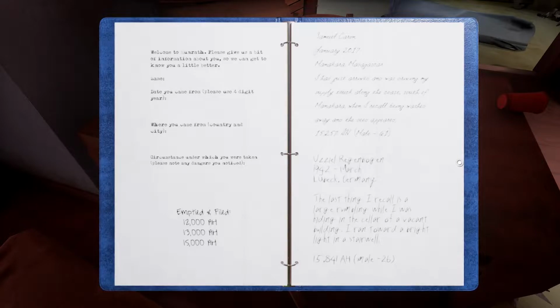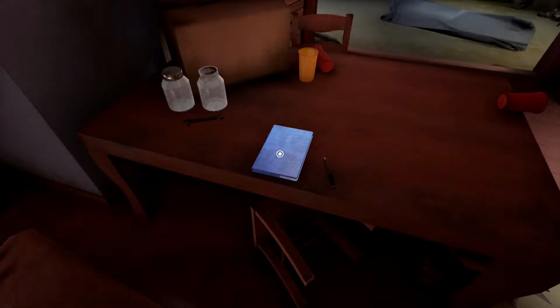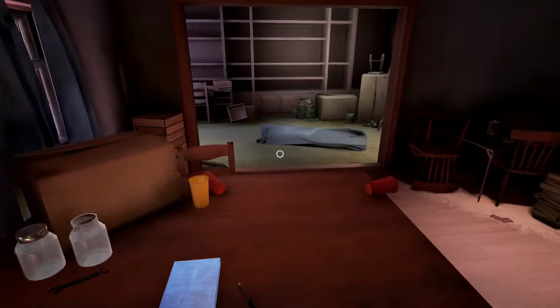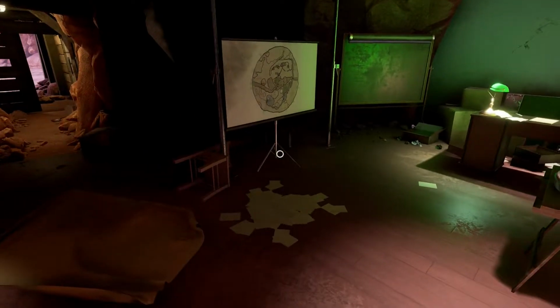The last thing I recall is a large rumbling while I was hiding in the cellar of a vacant building. I ran toward a bright light in a stairwell. Maria Gallego, 1988, from Mexico, on my boat in a bad storm. The next one is from 2042, from Portland, skiing at Mount Hood. So it's got to be time skipping to some extent then, because those are not in order by date. So if they're in order by when people came,